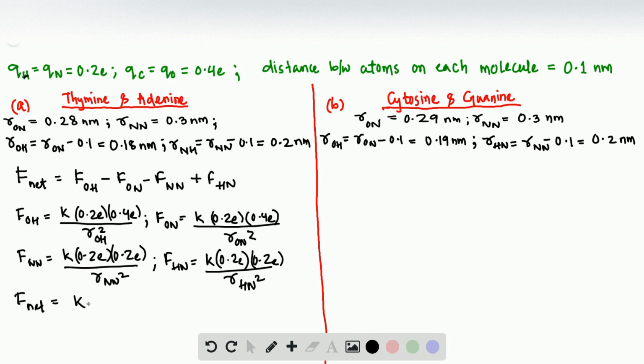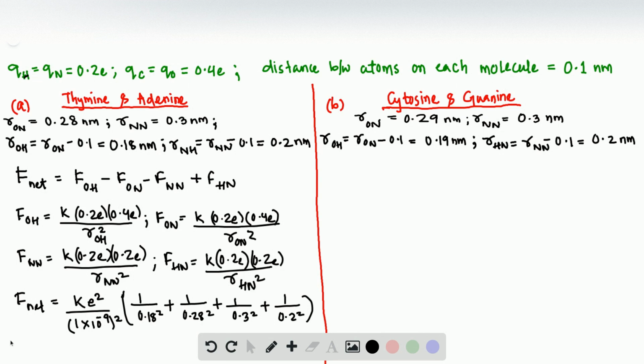So now we can plug these values into this. So F net will be K e square over 1 times 10 to the power minus 9 square, and in the bracket we have 1 over 0.18 square plus 1 over 0.28 square plus 1 over 0.3 square plus 1 over 0.6 square. Now we can solve this equation and we will get,